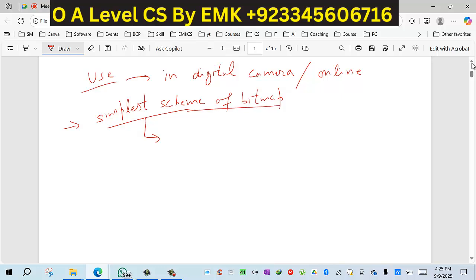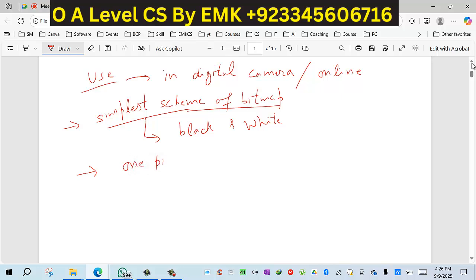ब्लैक एंड वाइट होगी। ब्लैक एंड व्हाइट। इससे ज़्यादा सिंपल स्कीम आपकी नहीं हो सकती। आपका इमेज सबसे जो सिंपल स्कीम होगा वो हमारे पास ब्लैक एंड वाइट फॉर्म में होगा। एक बिट रिप्रेजेंट करेगी ब्लैक कलर पिक्सल और एक बिट रिप्रेजेंट करेगी वाइट कलर पिक्सल, ठीक है। अब अगर आपका पिक्सल 4 बिट ले रहा है,